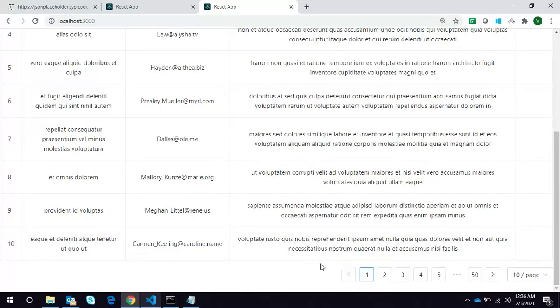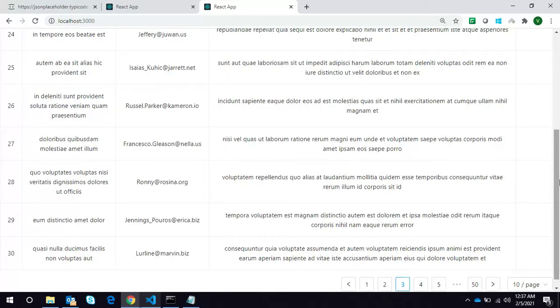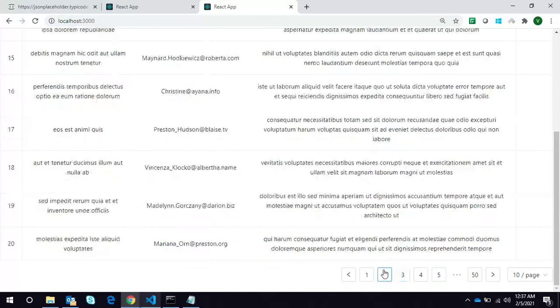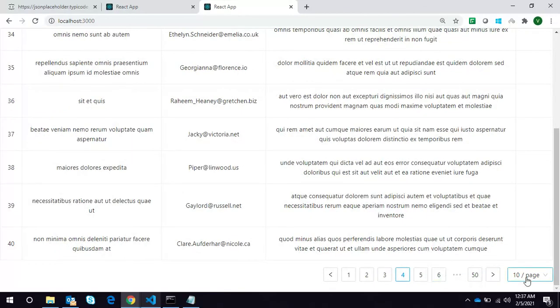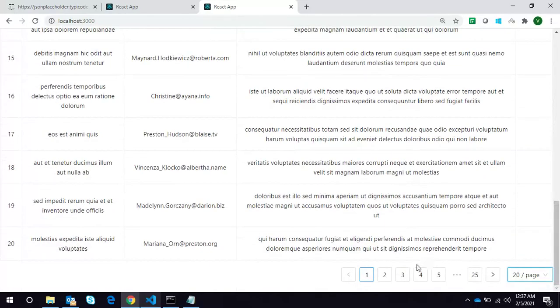So actually you don't have to work on the pagination part because Ant Design already provides built-in pagination with the table component, so you don't have to worry, all the pagination functionality is already working.